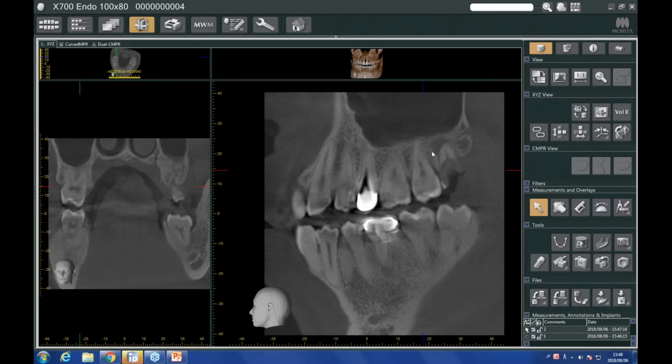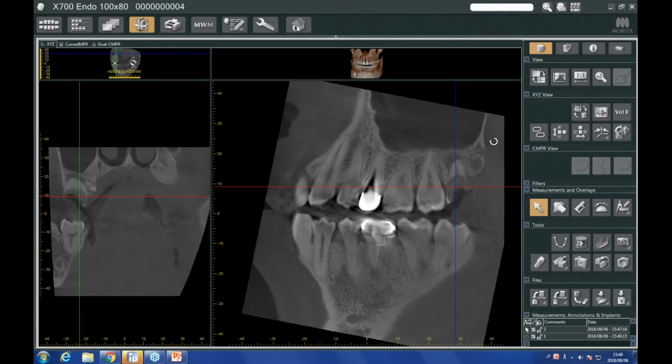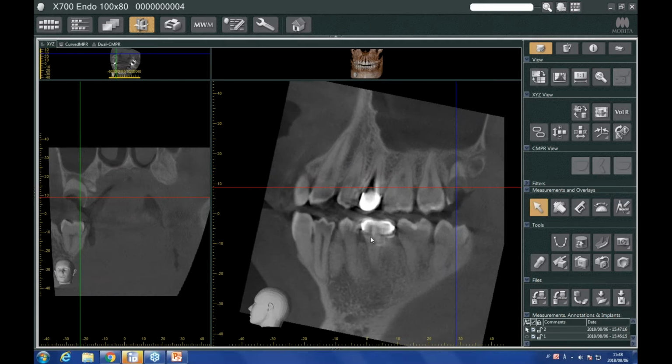But if I really want to see this tooth in deeper detail, I'm just going to focus right on this one. Let me bring my lines back so I can line everything up. So I'm going to quickly move this blue line over to this tooth, and I am going to rotate this image to line up with it. The reason I do this is if I want to do any measurements, I'm trying to avoid what's called